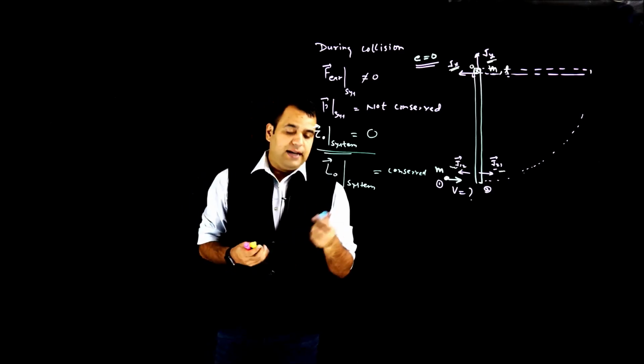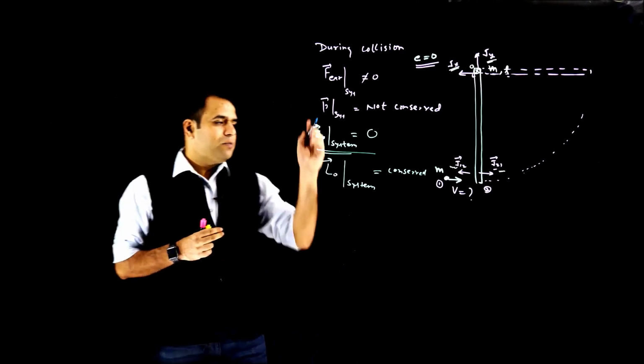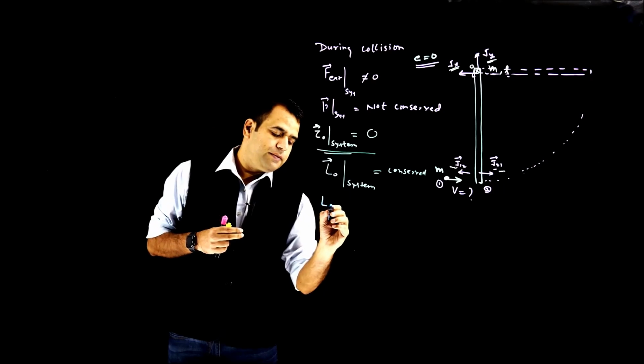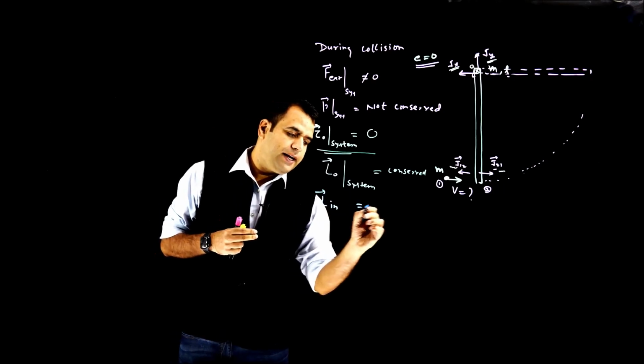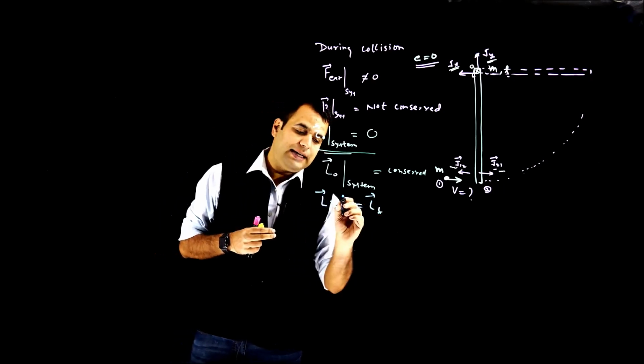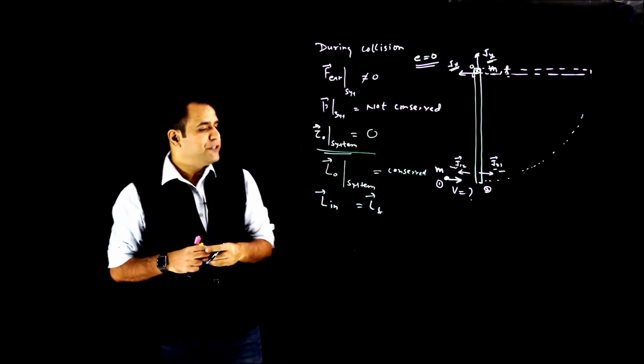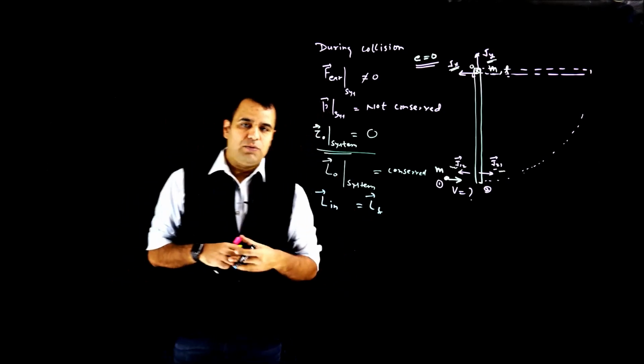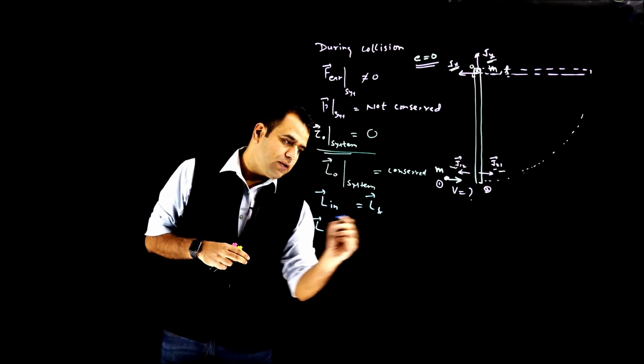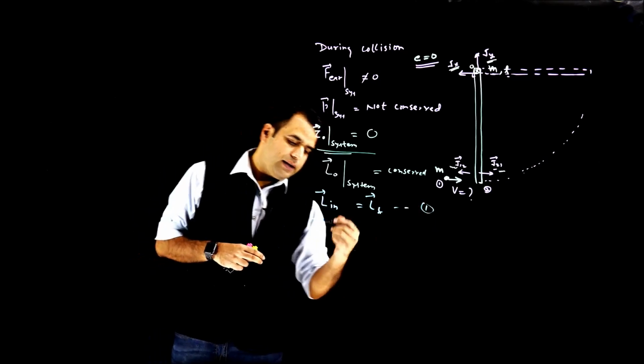So if I can conserve the angular momentum about point O for the whole system, I have the relationship L initial is equal to L final, and that too about the point O only. So first we will calculate the initial angular momentum. Initial angular momentum, if I calculate, this is equation 1 I am calling, and then one by one I will